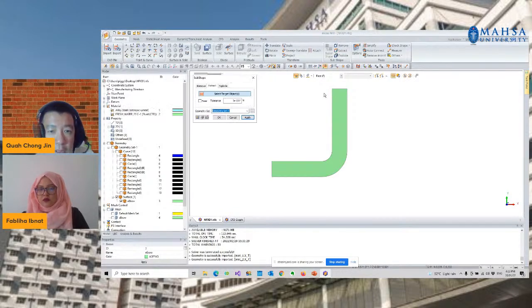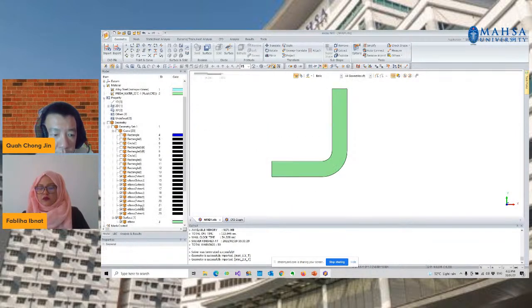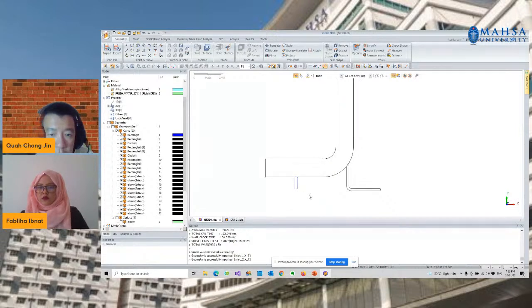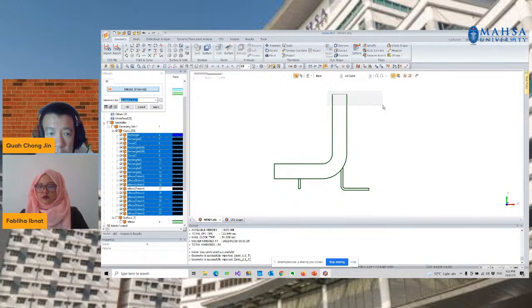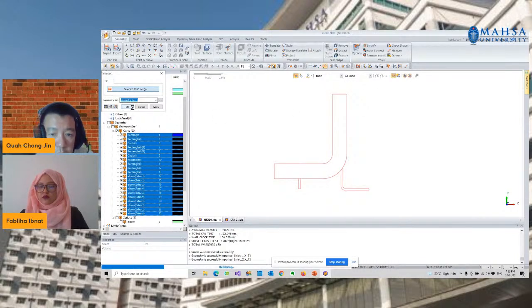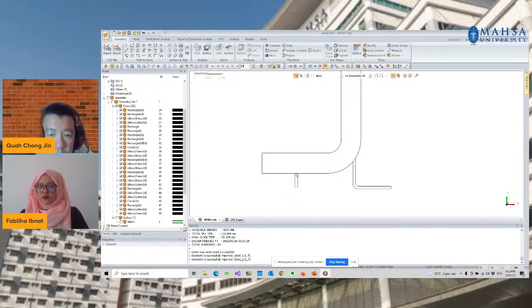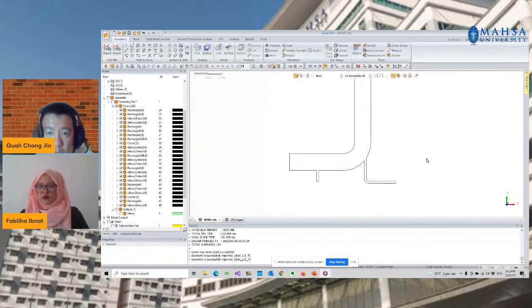So I create an additional edge so that I can remodel over here. Then I should be able to delete the curve.